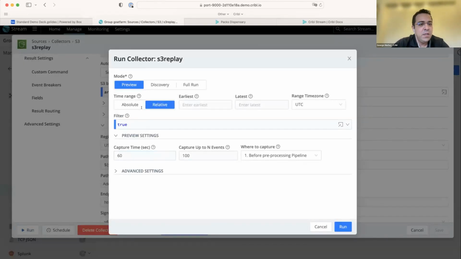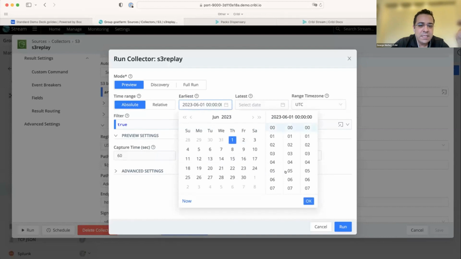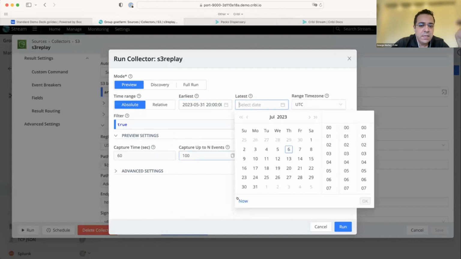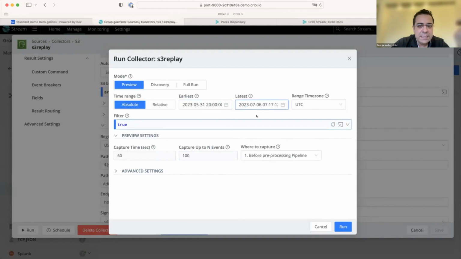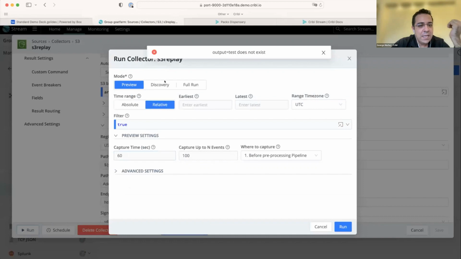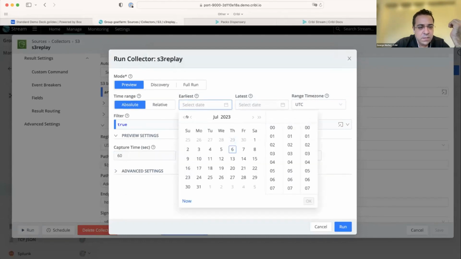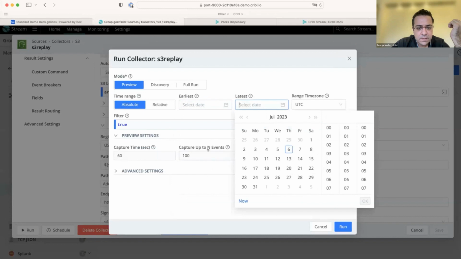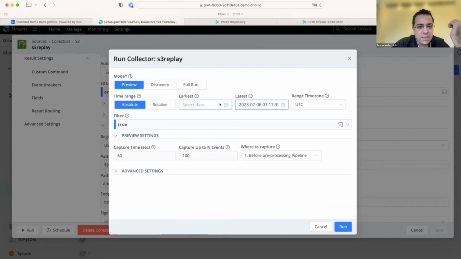So for example, if I want to collect some data, I can say to the system, onboard back the data from the 1st of June until today, get me all the data, but only in this time zone. The beauty here is that I can preview the data and search it on S3 before collecting it back. So I tell the system, run it for me. And then when I run, let me do another one, for example, this one. When I run